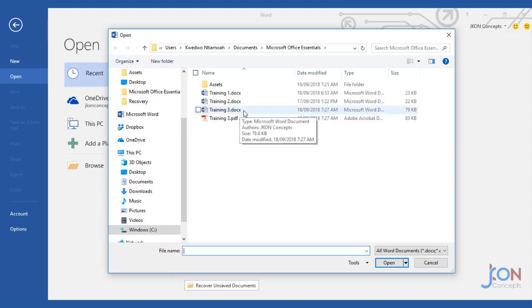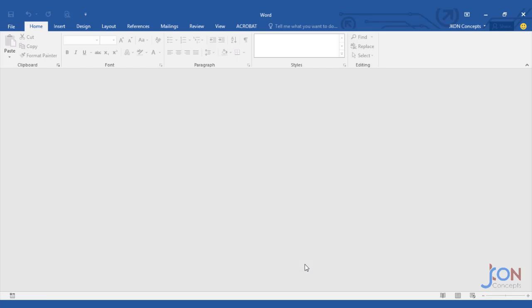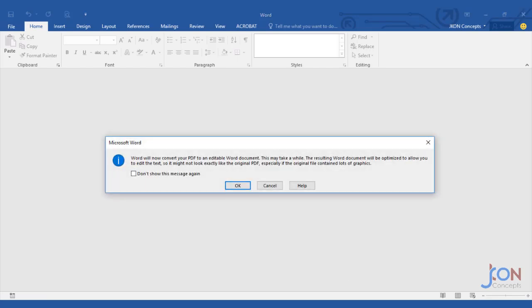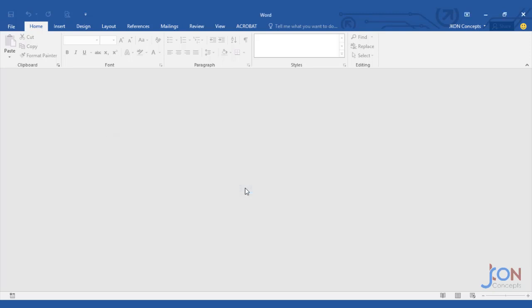.docx means that it is a Microsoft Word document. .pdf means that it is an Adobe document or a portable document format. So we click it once and we click Open. Once we click Open, we get this pop-up which may tell us that it will take a while to convert from PDF to Word. We'll click OK,